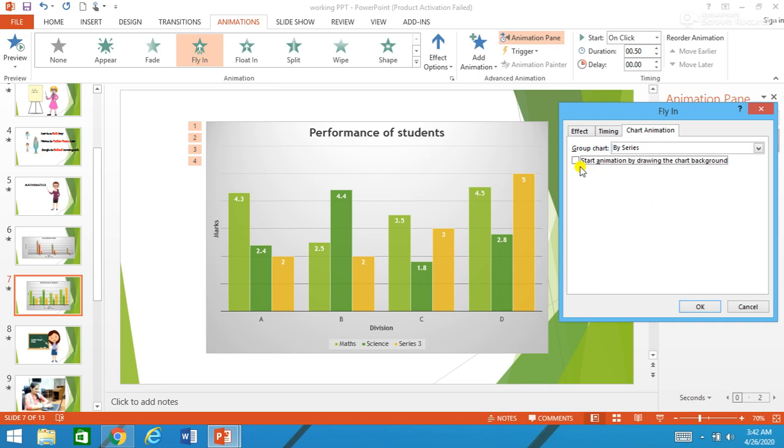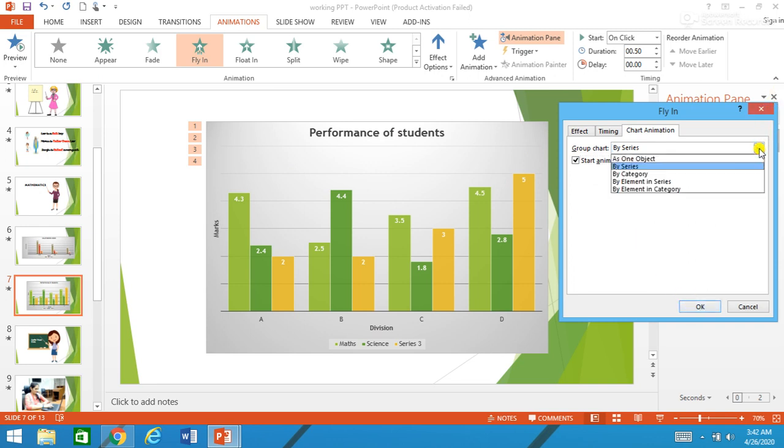If you don't select this, you will have the background as it is, or else you can select start animation by drawing the chart background. So even the background will be animated, will also fly in. So I click OK.